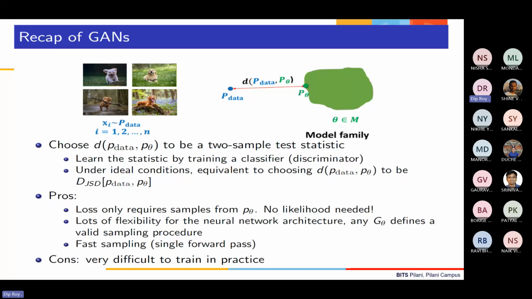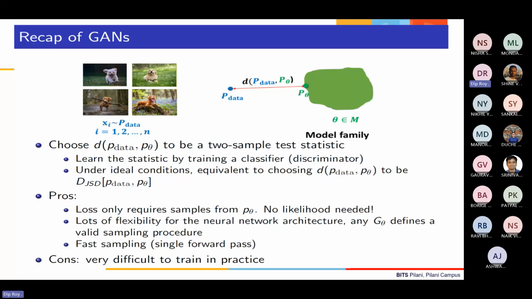The objective of the discriminator is to discriminate the real samples from the fake samples. And the objective of the generator is to make sure that the discriminator is fooled and it is not able to distinguish between the two samples, that is the true samples and the fake samples. All right. Fake samples are just the samples coming out of the generator. So in the case where it is not able to distinguish between the true samples and the generator samples, it essentially means that both the distributions are the same because the samples are the same. And that is how we train a